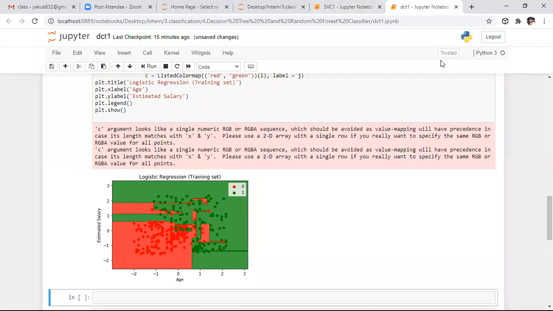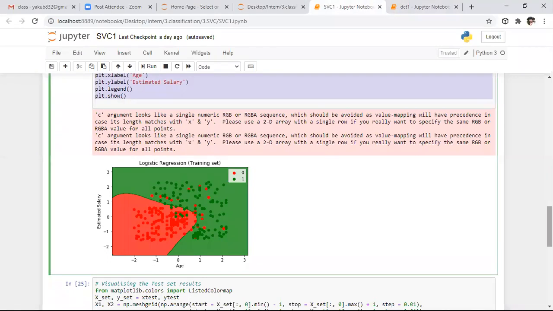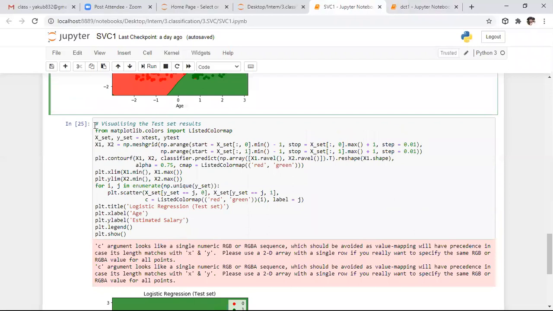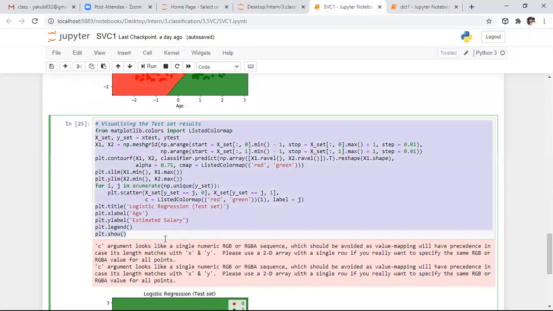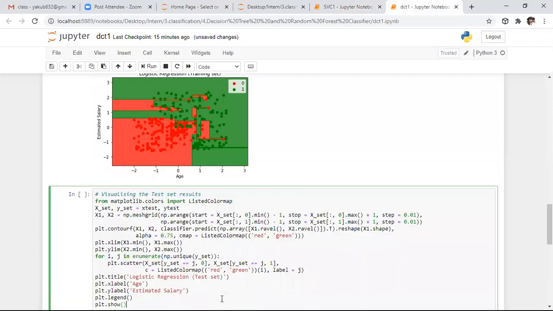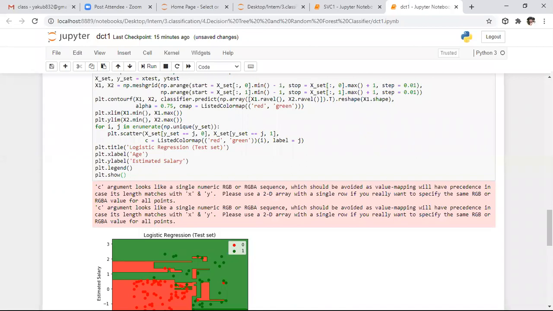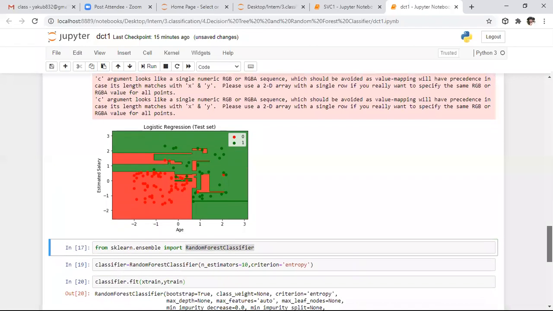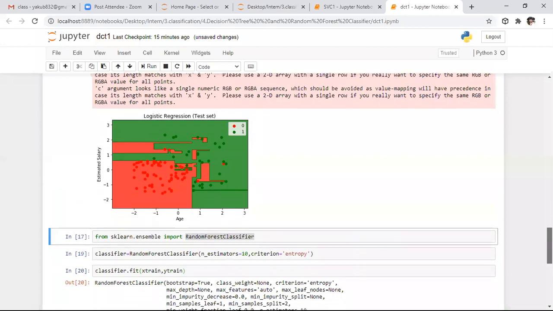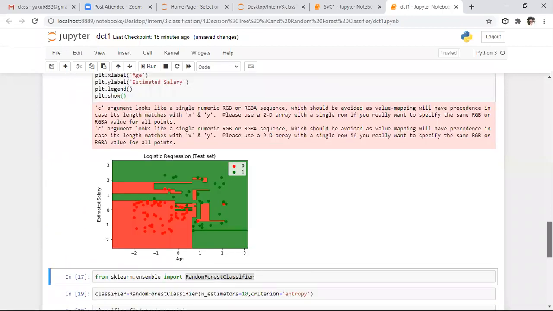So here it is about training the data. After this, we need to test our model performance. To test our model performance, we need to plot the same graph for test samples or test data. We need to check our model performance for the test data. So here I'm copy pasting the same thing. Here it is about testing the data by using the decision tree algorithm. It is a non-continuous and discrete model. So here it is about a decision tree.